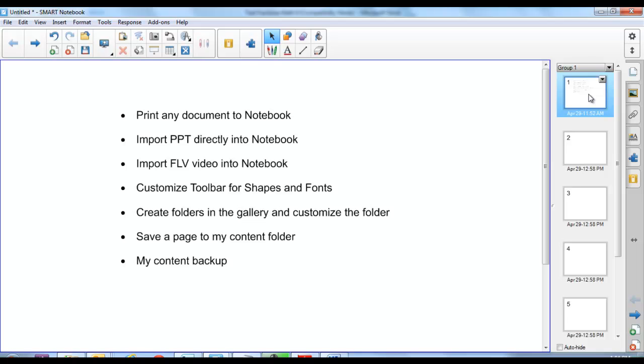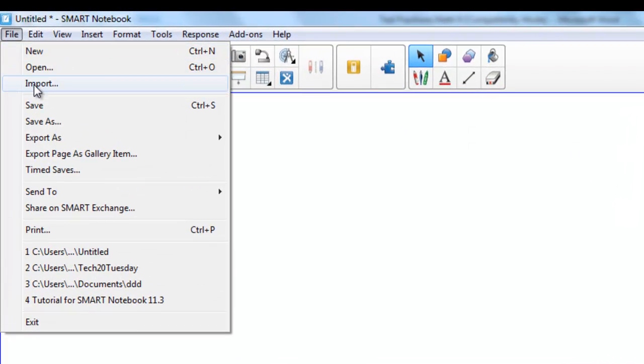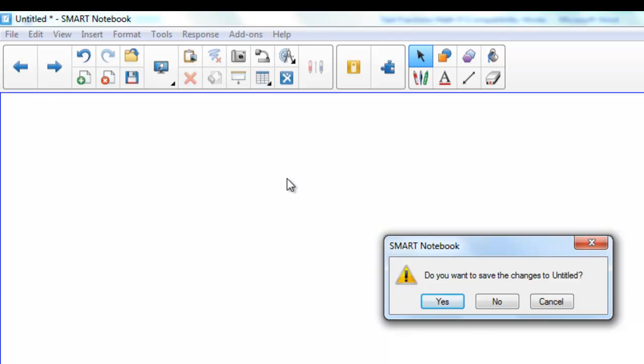Next one is import PowerPoints directly into Notebook. I know several teachers have PowerPoint lesson plans, and I often get the question of how can I use that in Notebook. Under the File section here, under import, it doesn't say, it should say import PowerPoints. It just says import with 3 dots, but when you click import,